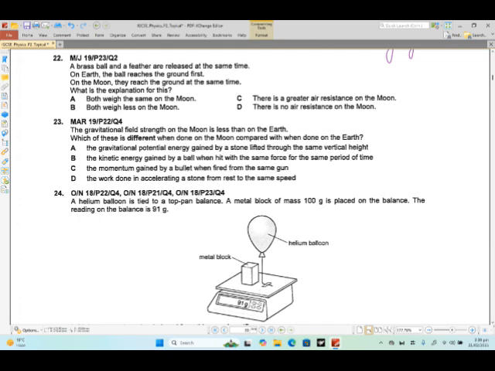Okay, now we've done this question many times that a ball and a feather are going to reach at the same time when the air resistance is ignored. और मून पे वो सेम टाइम पे इसलिए पहुंचेंगे क्योंकि वहां पे कोई एटमॉस्फेयर प्रेजेंट ही नहीं है, एयर नहीं है, तो एयर रेजिस्टेंस भी नहीं है।